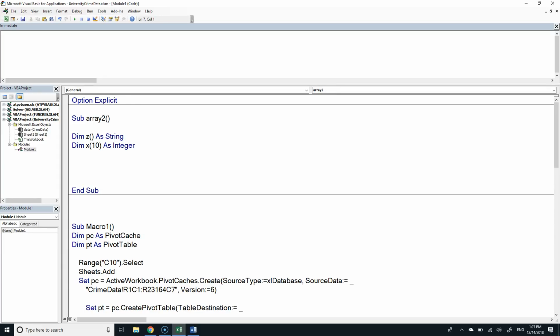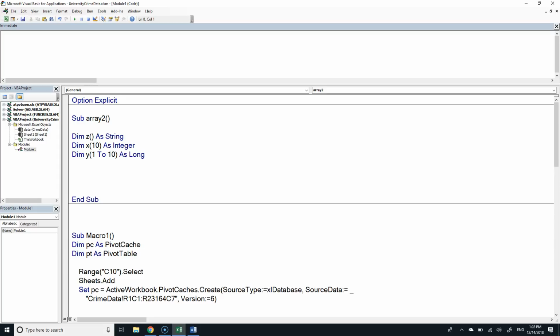But here's a syntax we did not do. Dim y(1 To 10) As Long. In this case, we are declaring how many dimensions? So not how many variables, how many dimensions? Like, is it a one-dimension array? Is it a two-dimension array? Is it like a cube, like a three-dimension array? It's still one dimension. How many variables? Yeah, 10, numbered 1 through 10.